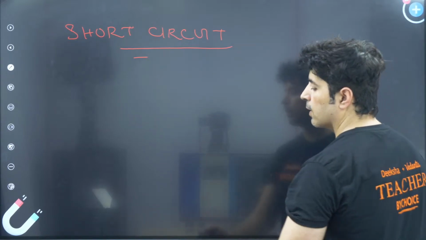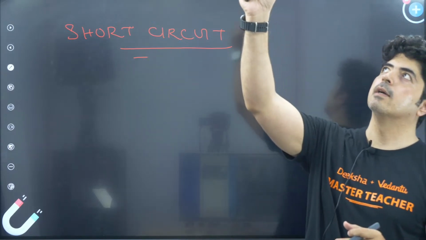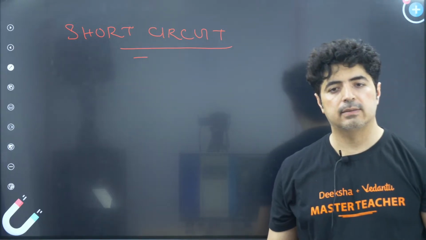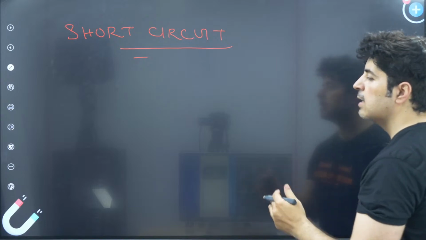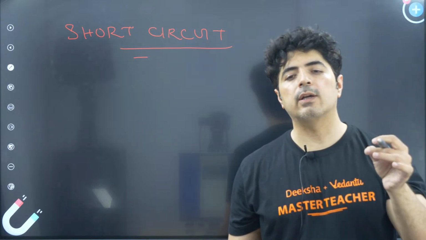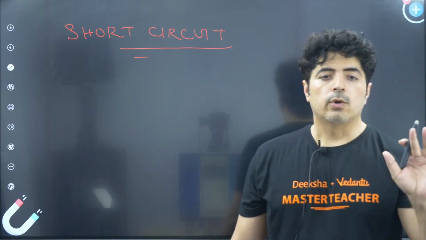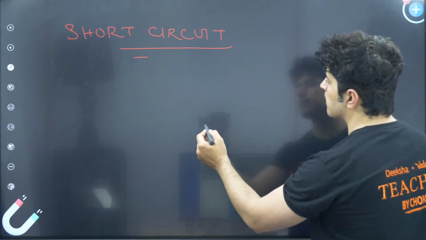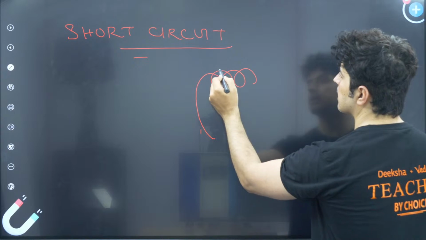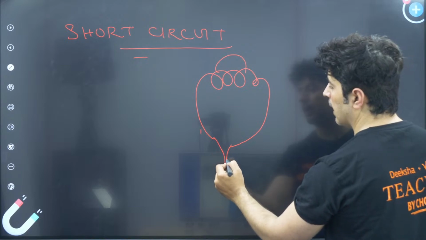So let's say, here we are drawing straight lines, straight wires and all, but in reality the wires are not like that. If you open any electrical circuit, you will see all the wires are entangled with each other, right? Because of the entangling, over a period of time the wire, if it is not of very good quality, loses the insulating coating on top of it. The coating goes away. So let's say this is my wire which is going to some appliance. Let's say this is a bulb, okay, and these wires are touching each other. And if the coating goes away,